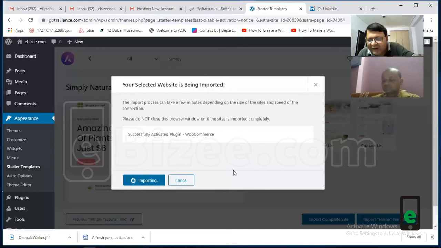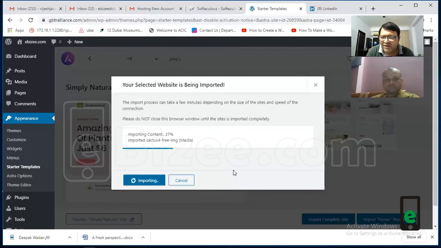Otherwise, if you do it yourself, it will take at least 1 month, because you have to use so many plugins. You have to understand which plugin, how to put it, everything. So your 1 month time is reduced to just a few minutes in this. And luckily, all the plugins which this website uses, which I'm suggesting to you, are free of cost. So this is the beauty of WordPress and the themes which are available from different companies. And within those themes, it is the beauty of the constructed houses, ready-made designs.